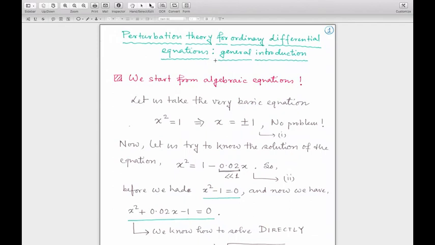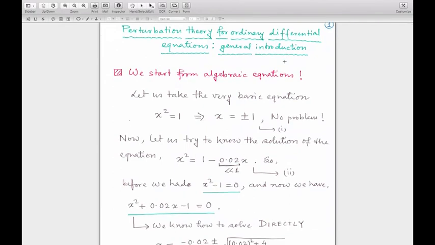We can check how the perturbation method can give us approximate solutions, and realistic solutions, of course. And if we don't know, then we have to trust the method, and we can cross check by other physical considerations. Now the thing is that in this discussion we start from very basic algebraic